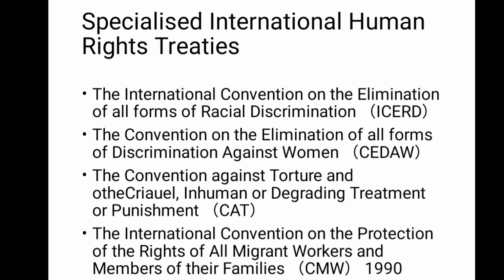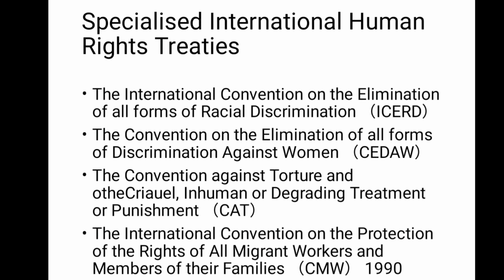We also have the Convention on the Elimination of All Forms of Discrimination against Women. We have the Convention Against Torture and Other Cruel, Inhuman, or Degrading Treatment or Punishment. We have also the International Convention on the Protection of the Rights of All Migrant Workers and members of their families. So to begin with, let's take a look at the International Convention on the Elimination of All Forms of